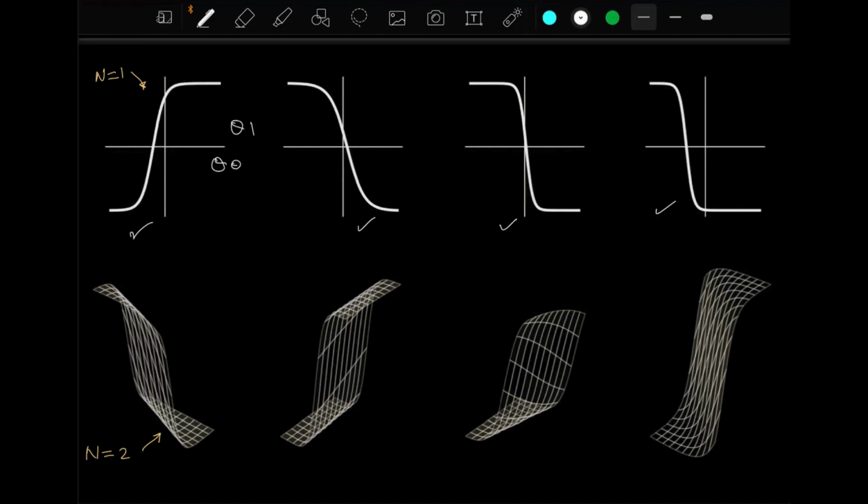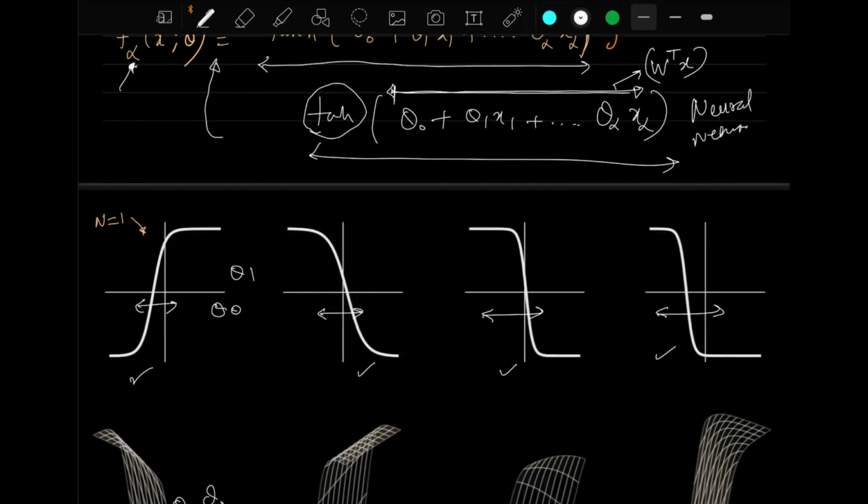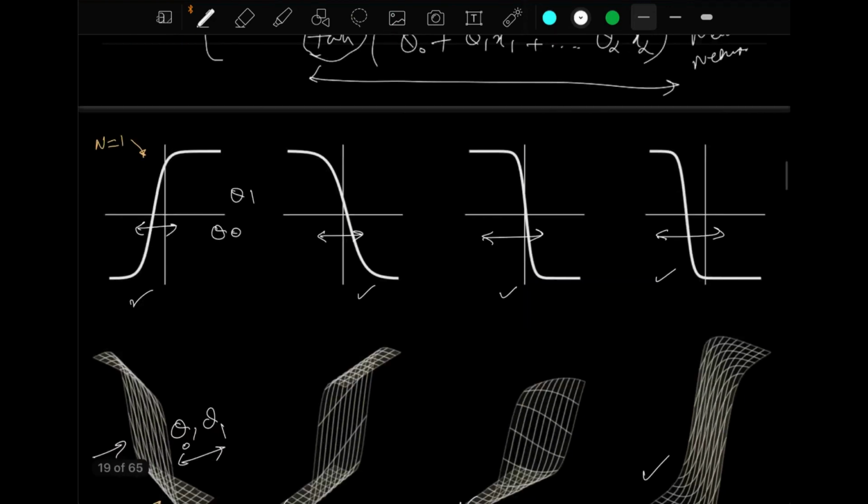So for different theta 0 and theta 1, you have offsets. Here the offsetting is done by theta 0, as it is learned during backpropagation. And the same for n equal to 2, we have theta 0 and theta 1, which we can vary. So these will be acting as the basis functions to approximate any complex function that you want your neural network to implement. These are the basis functions that are used to do linear regression or classification tasks.